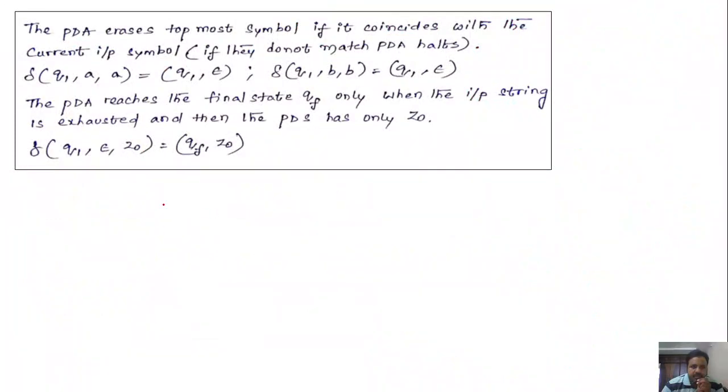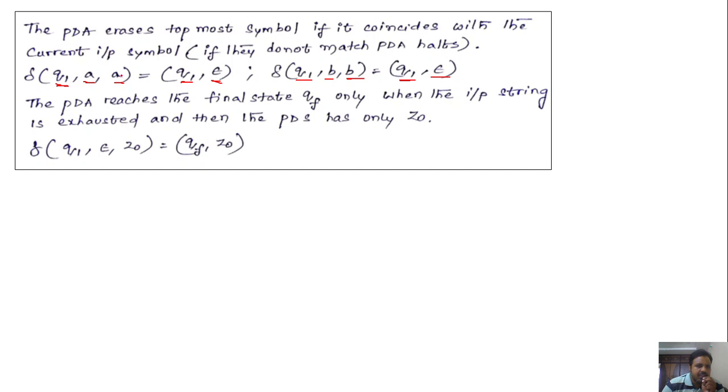So see here in Q1, that means for the continuation, in Q1 means we have seen C. If we are in state Q1 means we have seen C. So if the input is A and top of the stack is A, then what we are doing? We are in the same state Q1 and we are not pushing anything. So epsilon. Another possibility is that if we are in state Q1, if the input is B and top of the stack is B, then we will be in same state Q1 and we are pushing nothing. That's why epsilon, right? So these are the two possibilities.